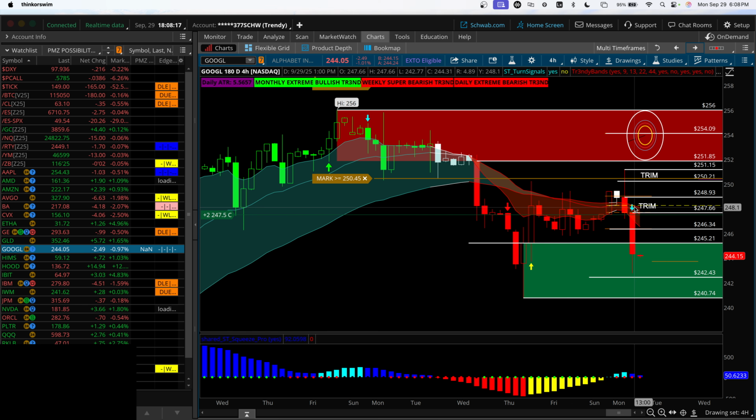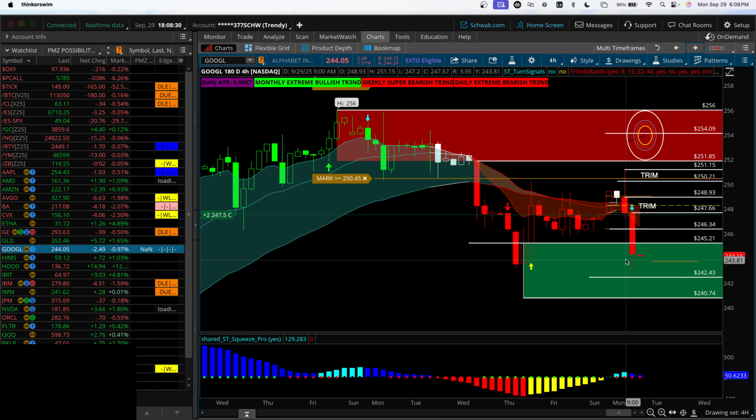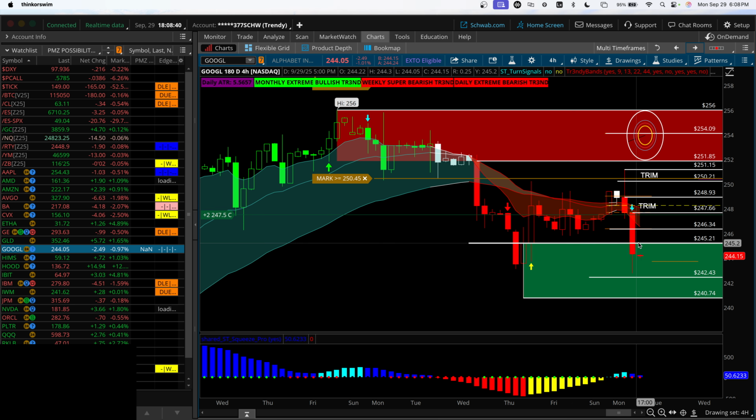I did add to it at the weekly edge mid up here, and I have about 3/4 of allocation left to add to the position, but I plan to use the PMZ tomorrow and possibly Wednesday to trade around this trade and the heat that I have taken so far. My goal will be to get price back up to break even before hopefully Google turns around and comes into